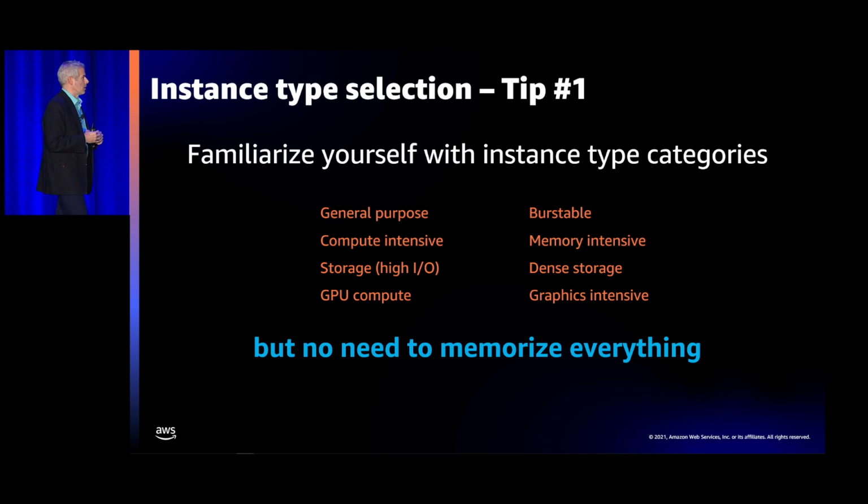But just to quickly talk about this, we offer different types. We have the general purpose, our burstable, which is the T instance family, the compute intensive, memory intensive, high storage, high I/O, and dense storage, and accelerated computing instances. Our general purpose instances provide that balance of compute, memory, and networking, and can be used for a variety of diverse workloads. Our compute-optimized instances are ideal for compute-bound applications that benefit from high-performance processors.